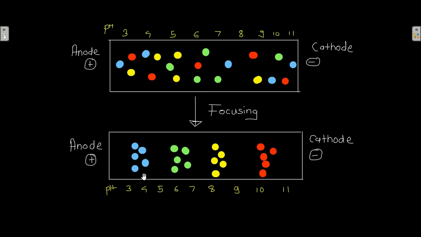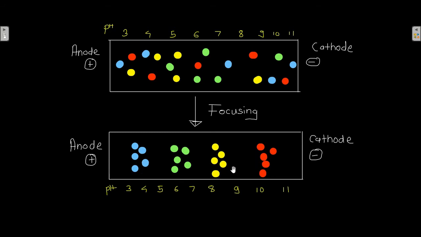If you consider this molecule, its pH is between 3 and 4, and that is the isoelectric point of this protein, which is the reason why it has stopped migrating. In this way the protein molecules are focused into sharp bands in the pH gradient at their individual characteristic pI values. For this protein the pI value is between 3 and 4, and for this protein it is at 10. So these bands form according to the pI values of the proteins.